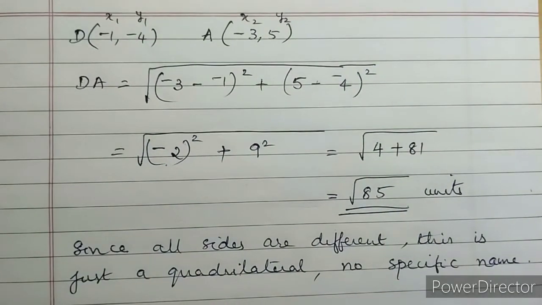So in case all the sides are equal, what will you conclude? You can conclude it as square or rhombus. So how will you differentiate then? Square or rhombus comes. So if all the sides are equal, diagonal length also you should find. Diagonal length for square is equal and for rhombus it is different.